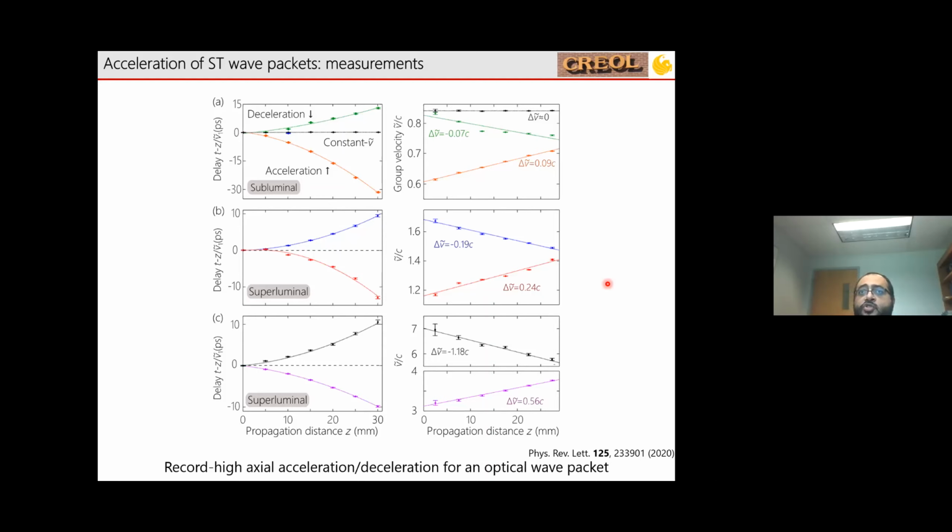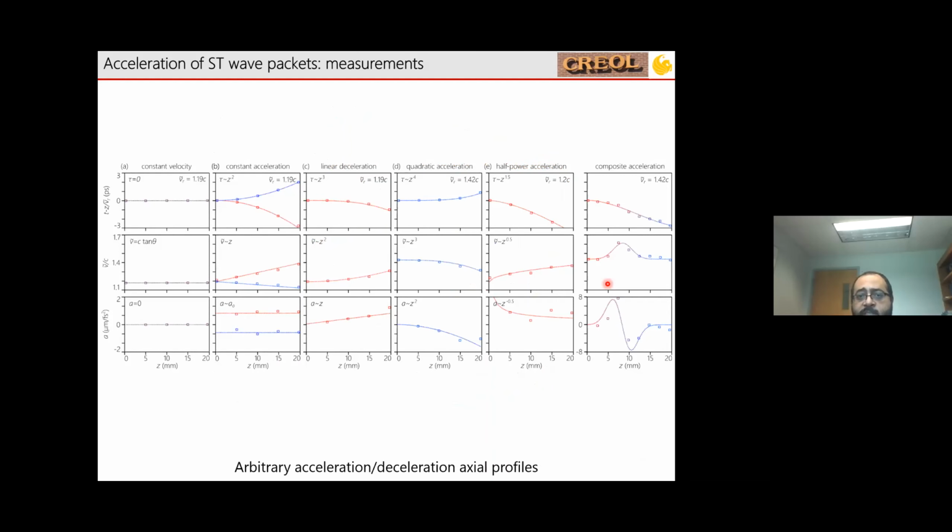Now, one other limitation, in all previous experiments and in this experiment, is that the acceleration produced was always constant. In other words, the group velocity changes linearly along the propagation axis. We have very recent, this hasn't been published yet, we've been able now to produce arbitrary axial acceleration profiles. Pulses that have not a fixed group velocity, hence zero acceleration, or linearly changing group velocity, hence fixed acceleration, but now quadratically changing group velocity, hence linearly changing acceleration, cubic change, and hence quadratic change in the acceleration,